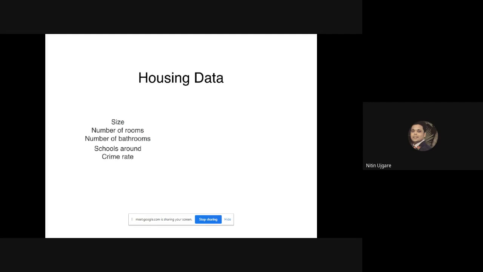Then the other is the last 2 features, the schools around and the crime rate. They indicate the location of the house, where the house is located, right? Whether it is at Gangapur Road or maybe College Road or somewhere else. The location of the house matters. So the last 2 features give us the significance about the location of the house. So in all, we can transform these 5 features into 2 features.